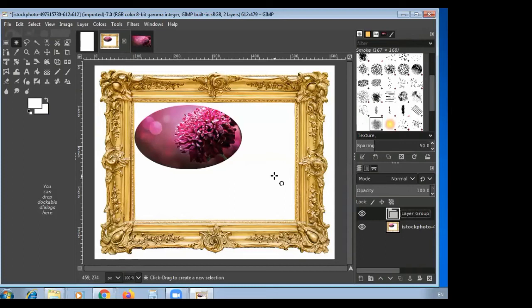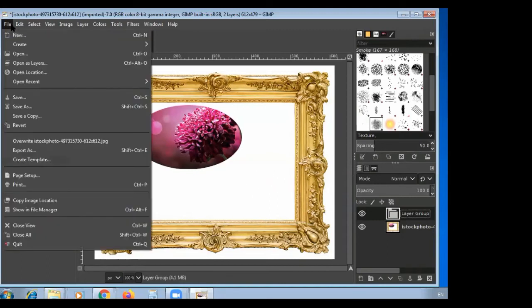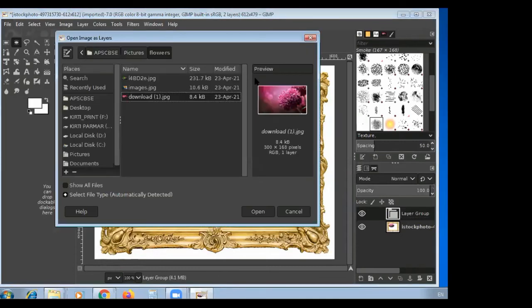So this example shows that there are already two images available where the image as a layer will appear. So click on the File menu and then click on Open as Layer. Okay, a dialog box will open up on our computer system, which shows the available images. It's a default location, showing a particular image, like this one image.